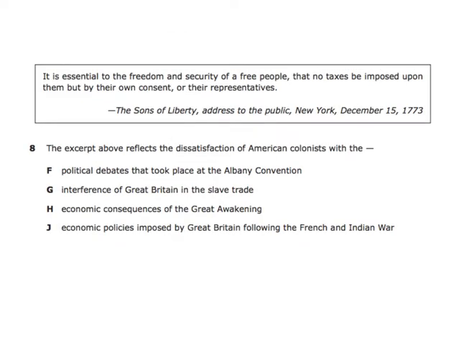It is essential to the freedom and security of a free people that no taxes be imposed upon them but by their own consent or their representatives. The Sons of Liberty, addressed to the public, New York, December 15th, 1773. The excerpt above reflects the dissatisfaction of American colonists with the